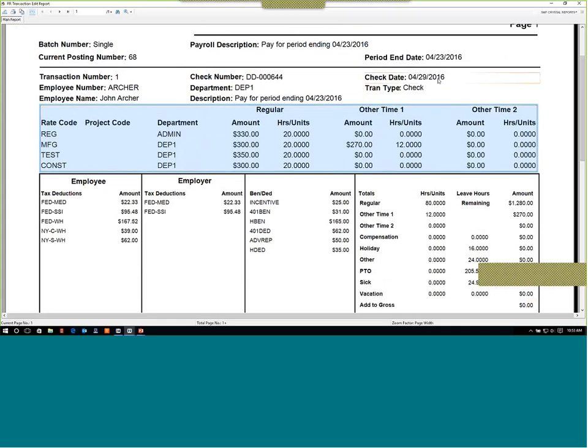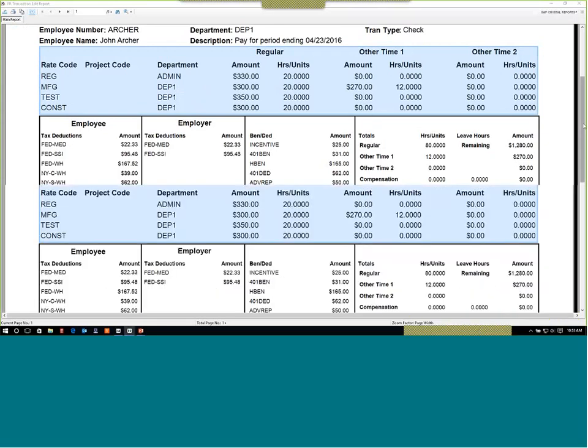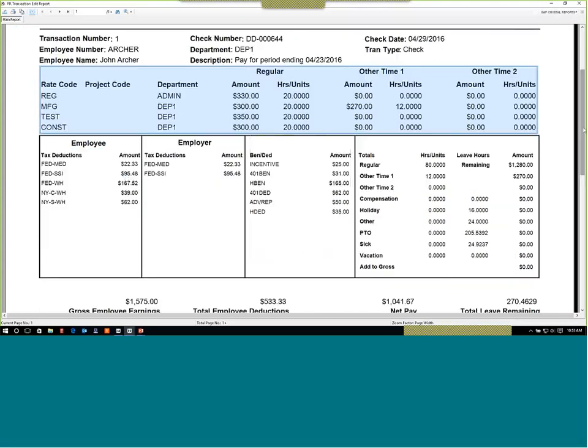Got my check date here. Everything is here like it needs to be for this employee. And let me see if I can move my little recorder bar out of the way so it doesn't get in the way. Okay, so what we have: our pay rates, then we have our employee tax deductions here in this section,